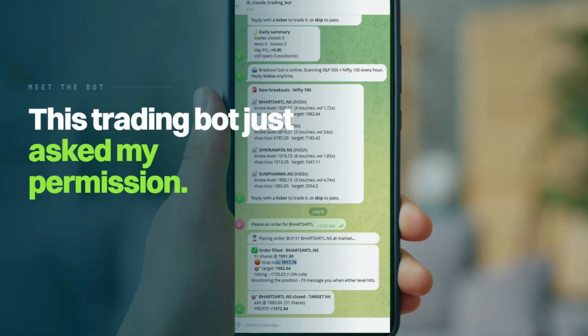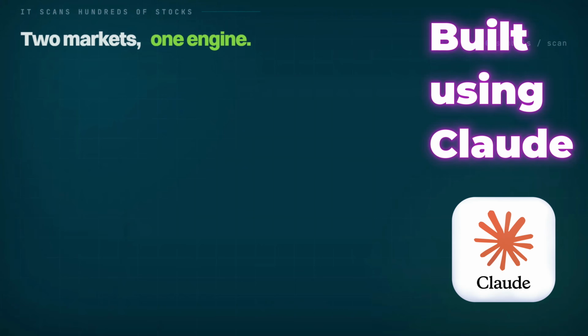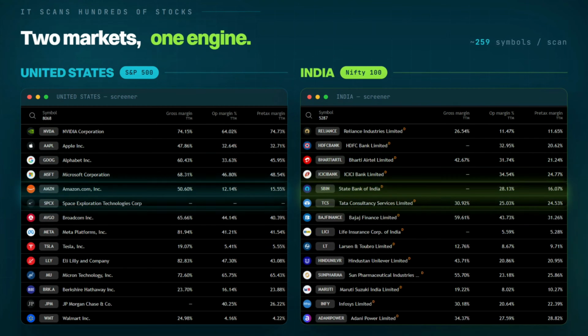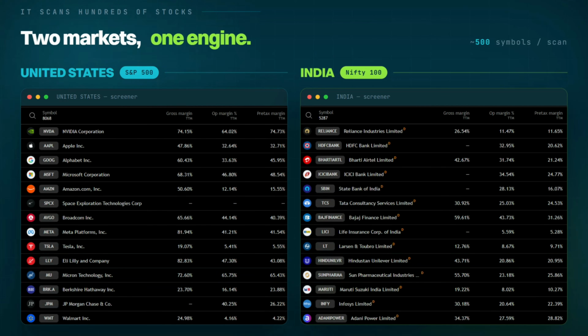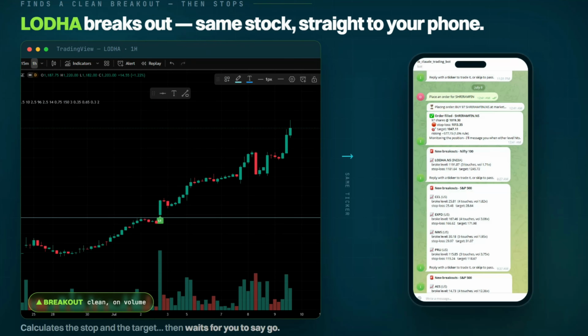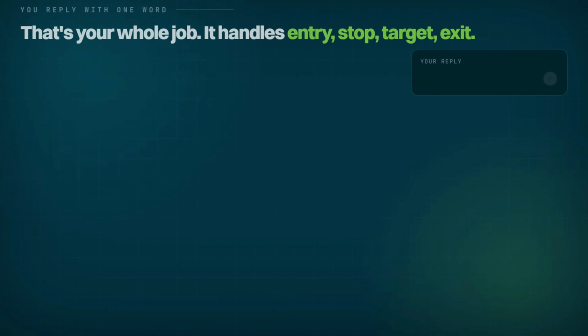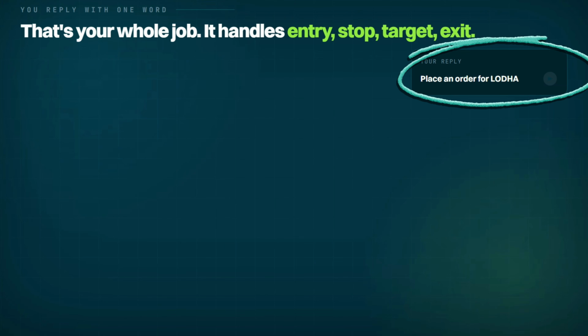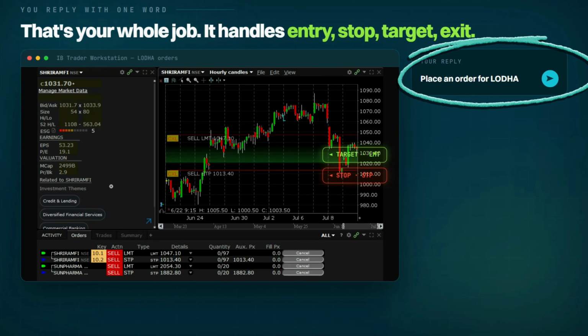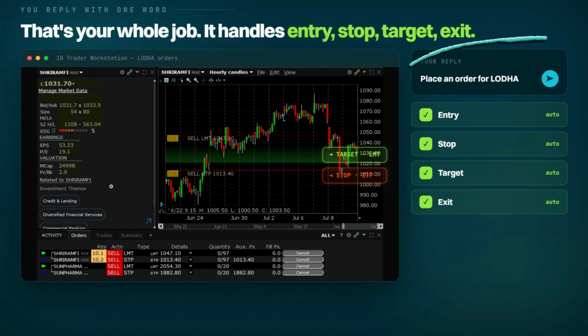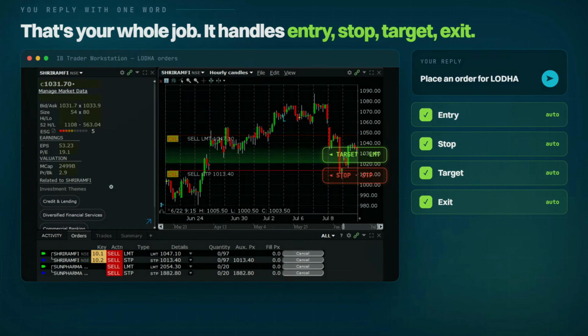This trading bot just asked my permission. It scans hundreds of stocks across the US and India, finds a clean breakout, calculates the stop and the target, and then it stops. It messages your phone and it waits for you to say go. You reply with one word. That's your whole job. Everything after that, that is entry, stop loss, target, exit, it handles all of that all